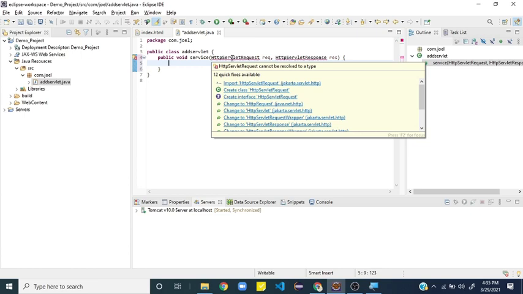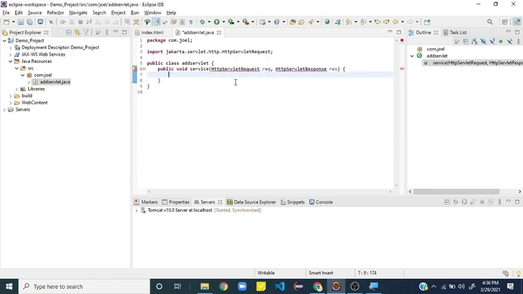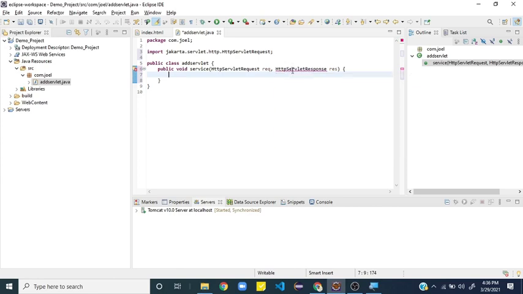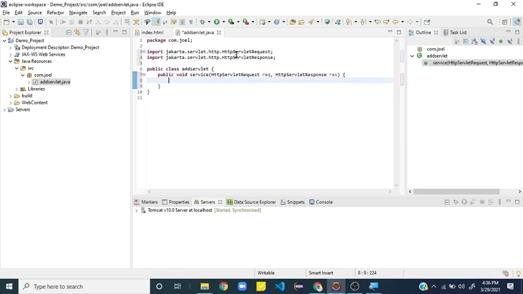Remember, HttpServletRequest and HttpServletResponse are library classes which you have to import inside the code. So how to use that? Just keep the cursor above this. Automatically it will appear. The first one says import. Remember, you have to click that. Once you click that, automatically the package comes over here. You can see import javax.servlet.http.HttpServletRequest. Remember, it's a package. You have to use this package if you are accessing this, right? Again, the same, you keep the cursor here and click import. So you got two packages to use, for request as well as for response. Now the error is gone. You don't need to worry about that as of now.